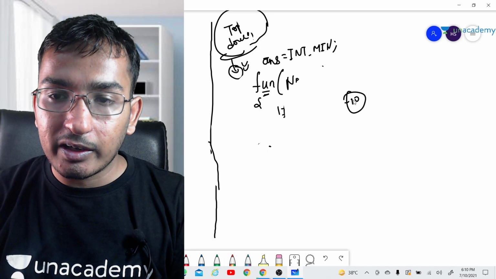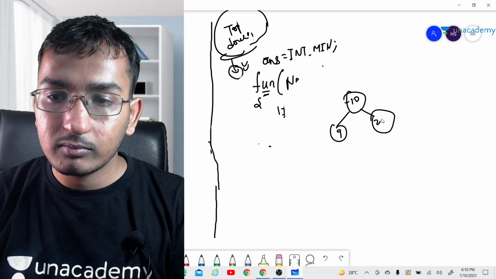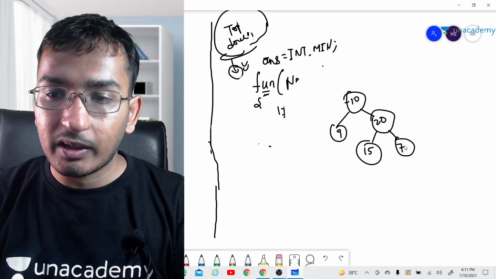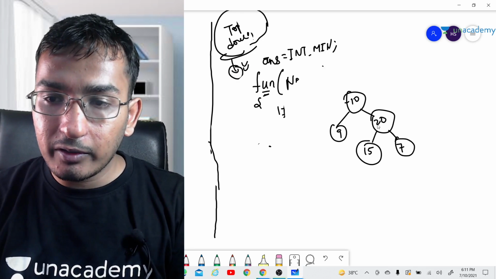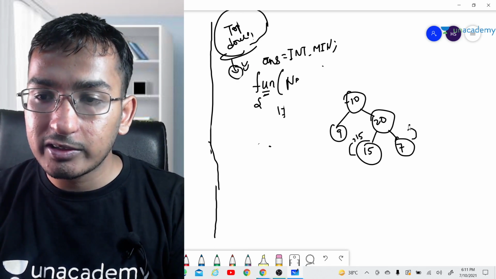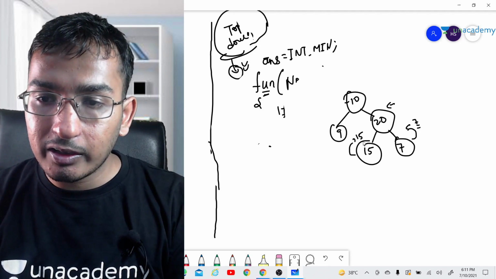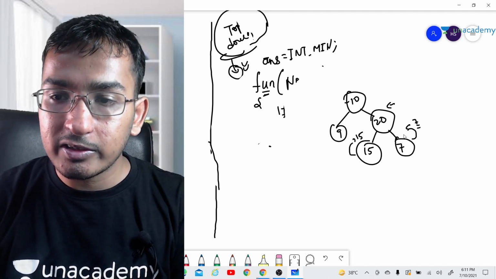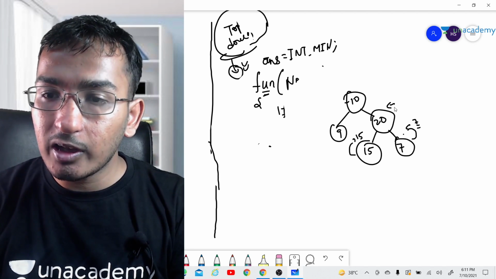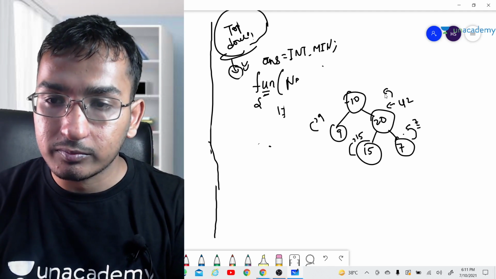Minus 10, 9, 20 and 15 and 7. So in the very end, this will return 15. This will return 7. Now I am standing here and it has the result of the left and right subtree. So 15 plus 7 will be 22. 22 plus 20 will be 42. And it will return 9 and it will return 42.